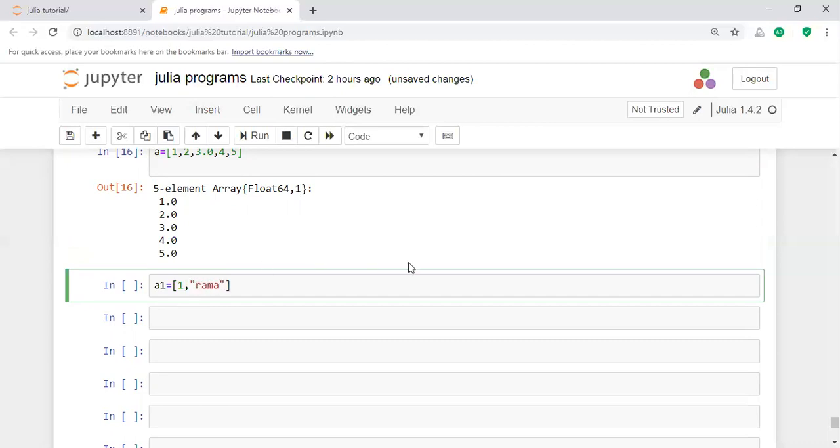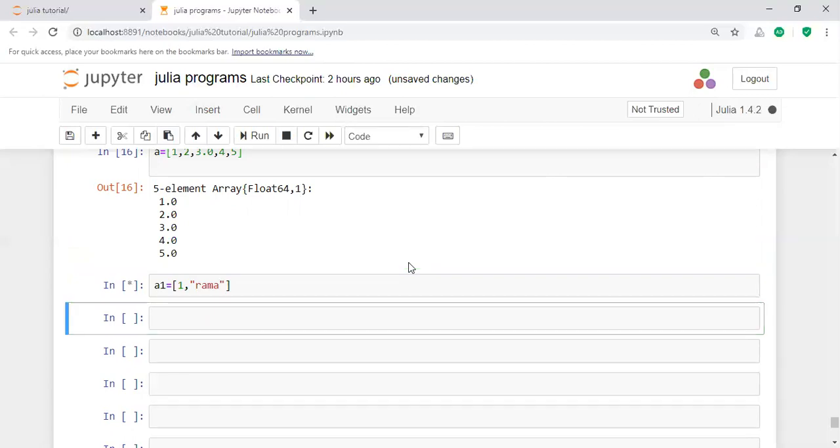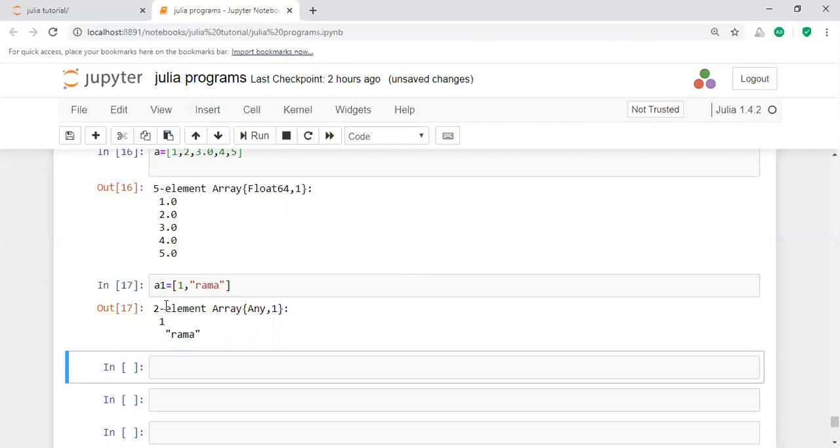It also represents 1 comma Rama in a single column. That means this is a two element array, and this is a way of representing the array.